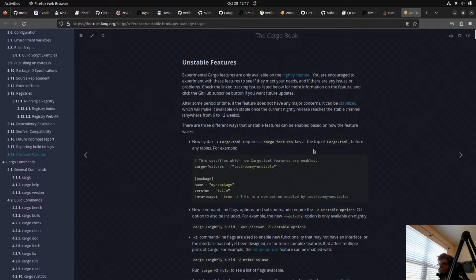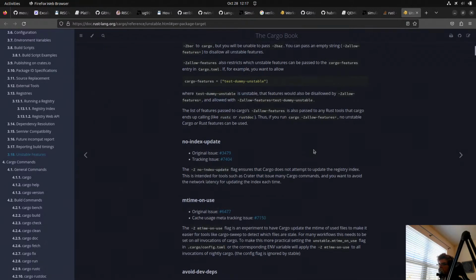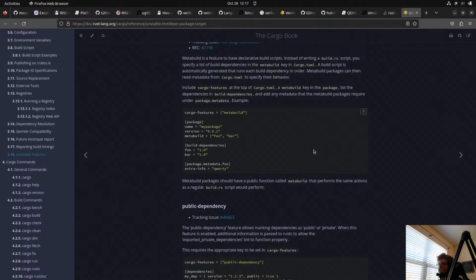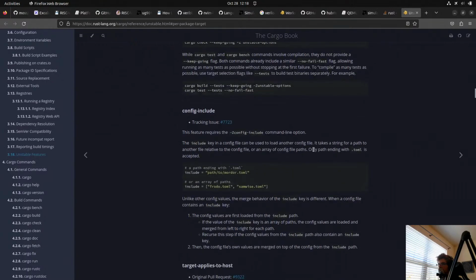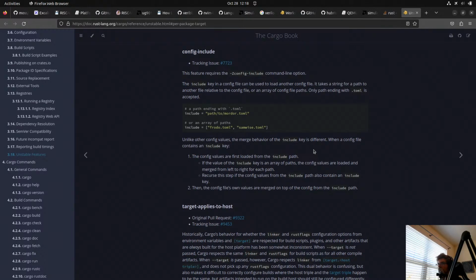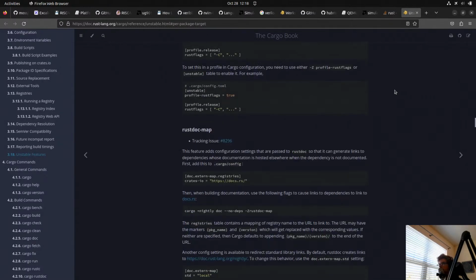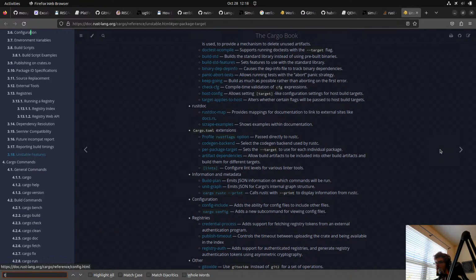New syntax requires a cargo features key. Package target. Per package target.